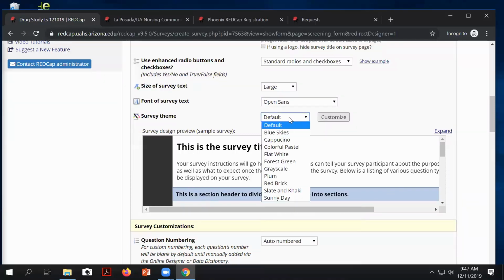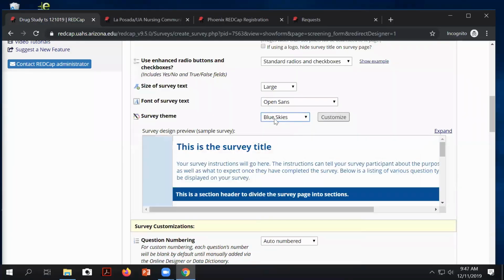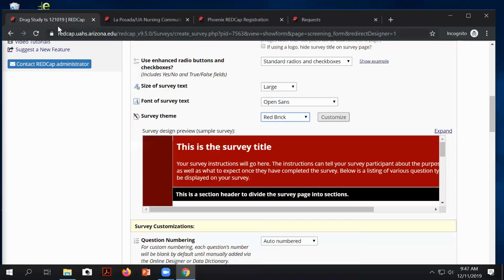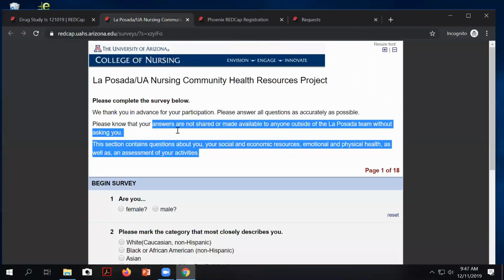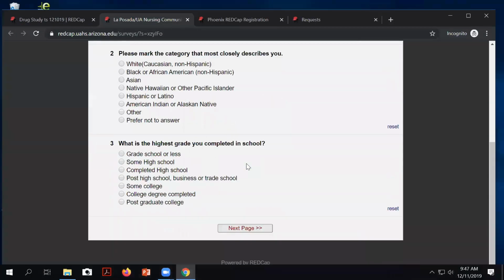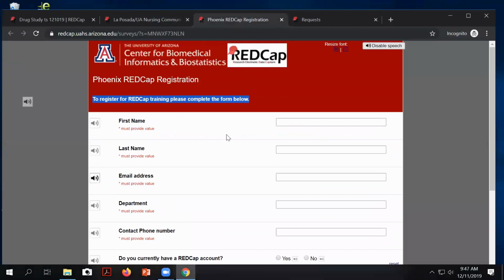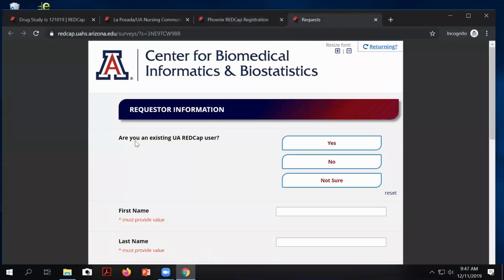You can change your theme yourself. There are some canned themes. You can scroll through them, see what they look like, and maybe choose one of those for your project. This is standard. This is what the standard looks like. This is the red brick option that I played with. And this, which I always like to show, which I think looks so nice, this is also just standard